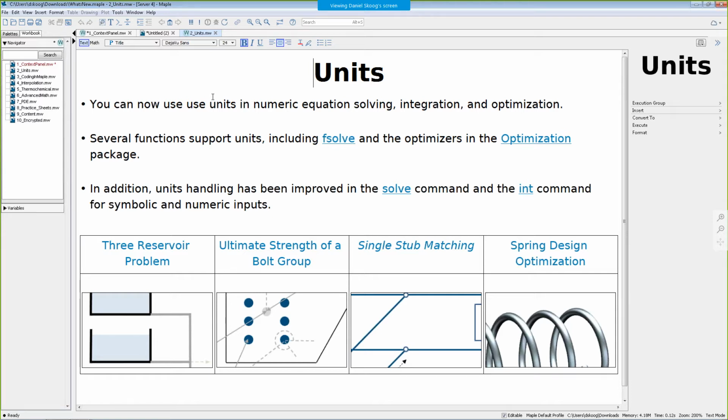So what we focused on was things like fsolve, so that's numeric equation solving. We also added unit support in things like the optimizers in the optimization package. The int command can also handle units. So there's a ton of core functionality that we consider really important to how people work inside of Maple that can now just natively support units. To show you exactly what I mean here, I'm going to open up one of